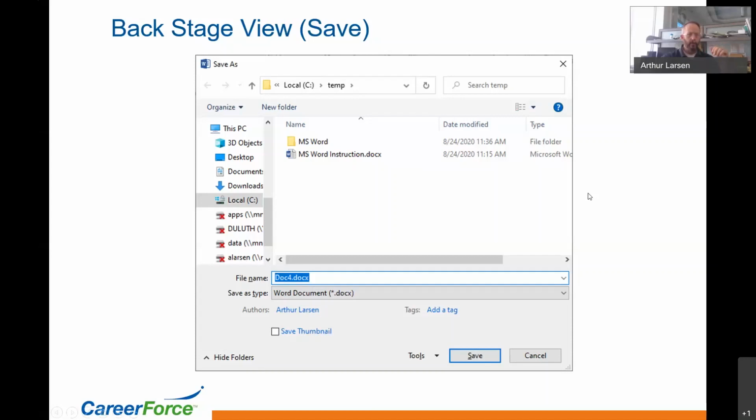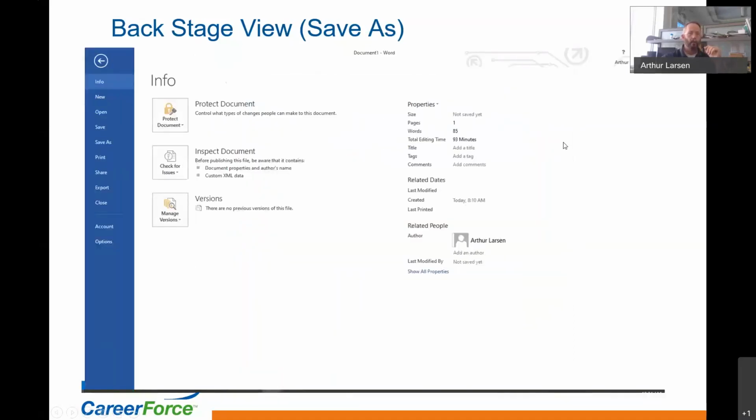So again, what you're going to want to do is choose where you want to put it, and then choose any subfolders you want to further organize it within. And then you will double click on that folder to open it. You'll see that up here it's telling you where it's going to save it. And then on the bottom, I called it naming example. I gave it a title, and it's going to save as a Word document. Again, from the previous question we had about PDFs, if I wanted to save this as a PDF, I would just click this drop down right here and choose PDF. Then you just click on Save,